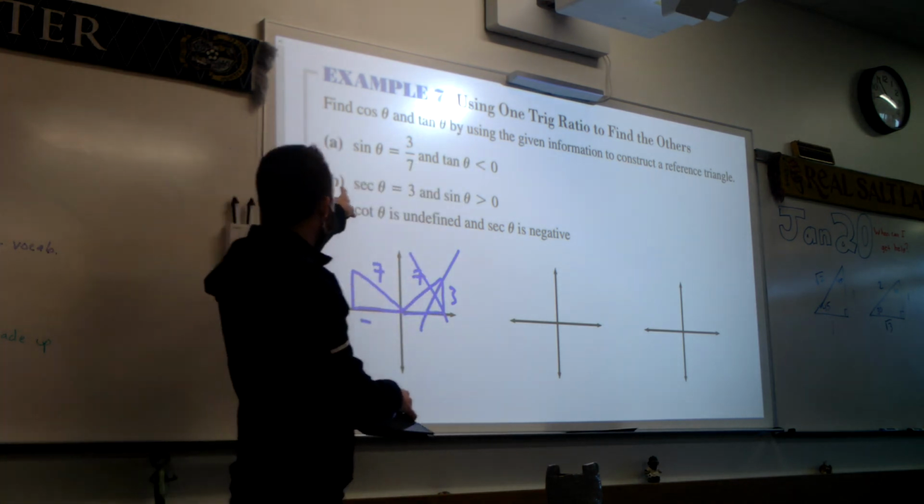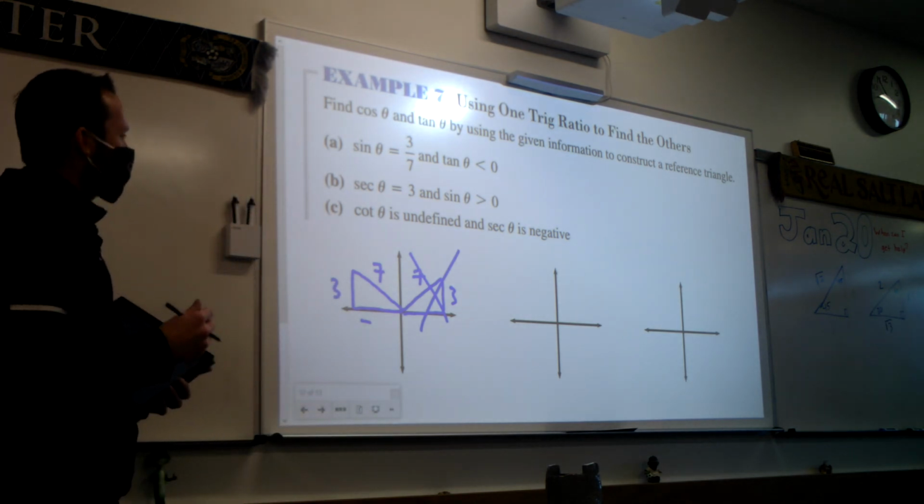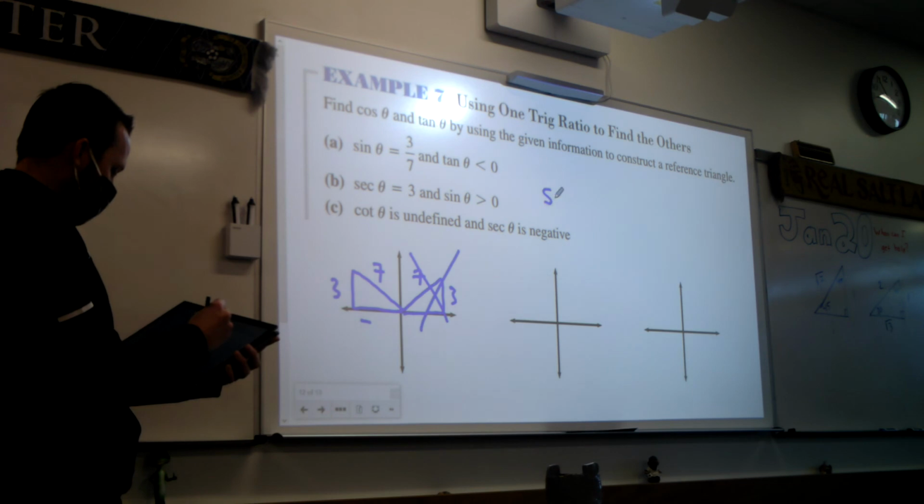You can do that. Let me just show you another one super fast here. If secant is 3, what sides does secant use? Well, this is CHO, CHA,